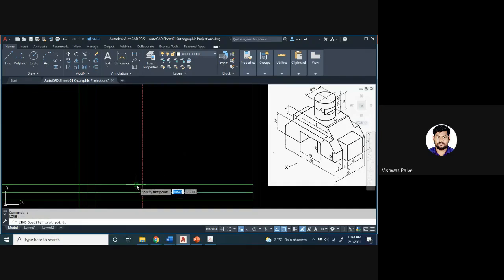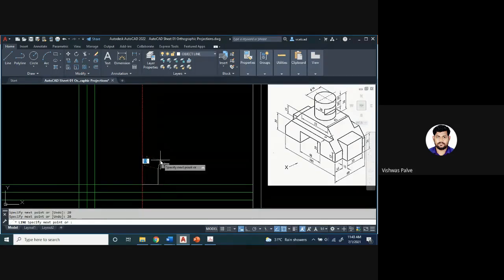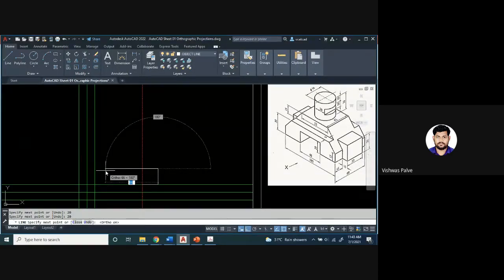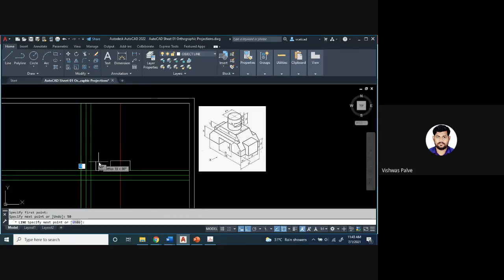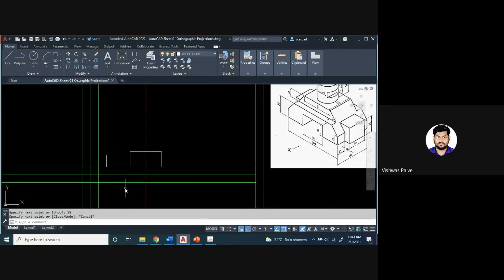From the center, I start at a distance of 20 millimeter, and I will draw a vertical line 20 millimeter, horizontal distance of 40 millimeter, vertical distance 20 millimeter. Then from this point, I will draw a horizontal distance of 50 millimeter, vertical distance of 15 millimeter. Then I'll delete this part.